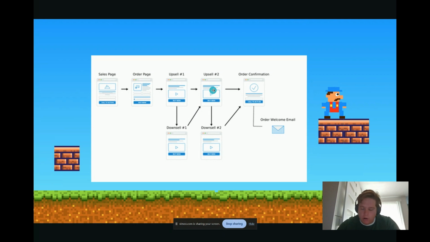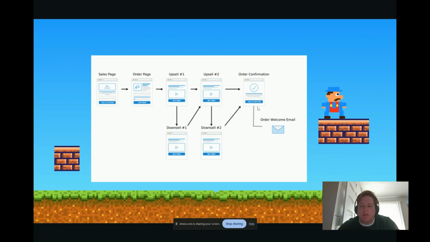And like I said, you don't have to do this for every funnel. It's just kind of what the more advanced funnel builders do. So, let's say you're selling supplements on this first page. The upsell could be get a personalized trainer to check your whole supplement routine and give you extra workouts you could do based on that supplement routine. If they don't like that, it could be a downsell to grab our PDF guide on supplementation and pros and cons of it, do's and don'ts, that type of thing. Those are just examples. Then you finally get all the way to the order confirmation. That's where the whole funnel's done.